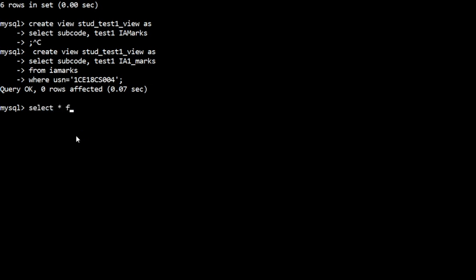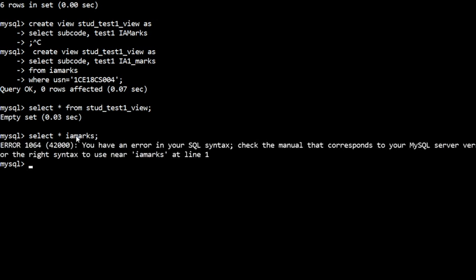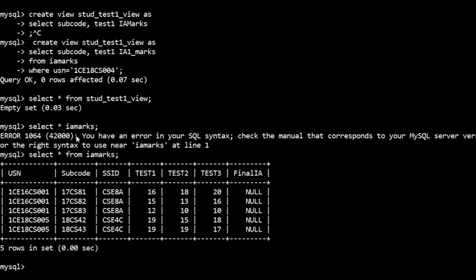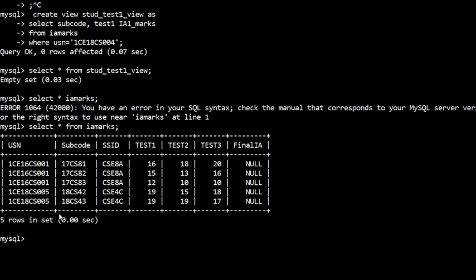We can write select star from the view name, student test 1 view. There are no details for the student. I'll check select star from IA marks. That student's information is not there in your IA marks, so we need to change this.